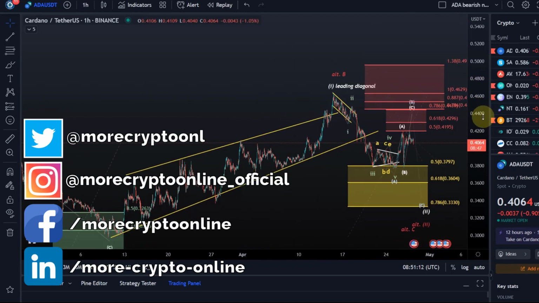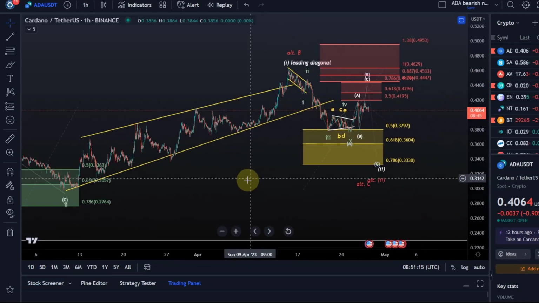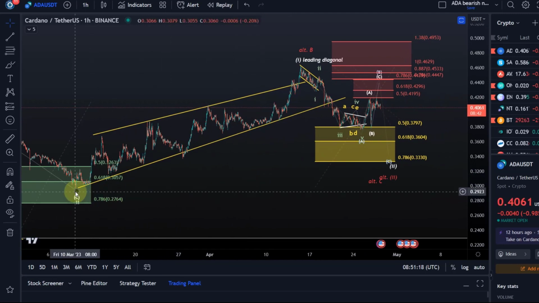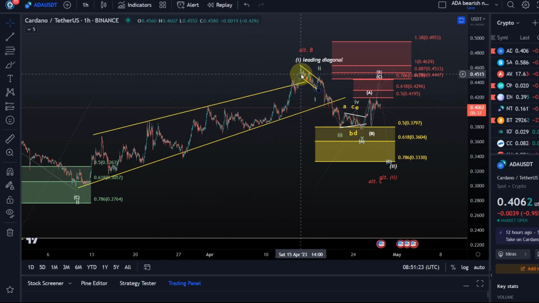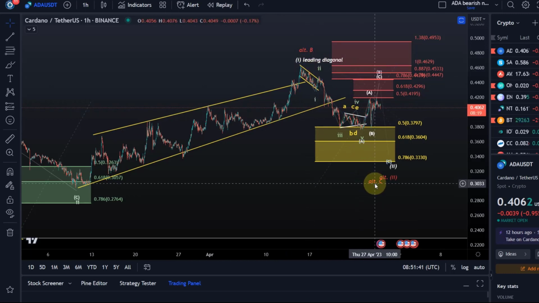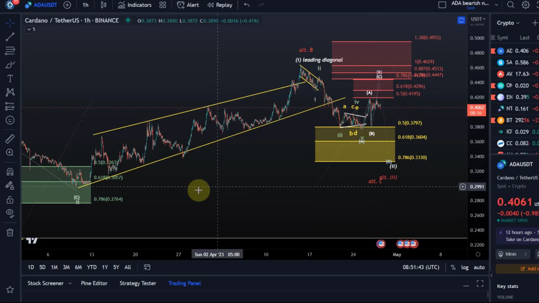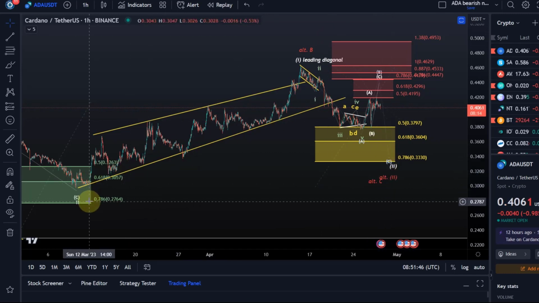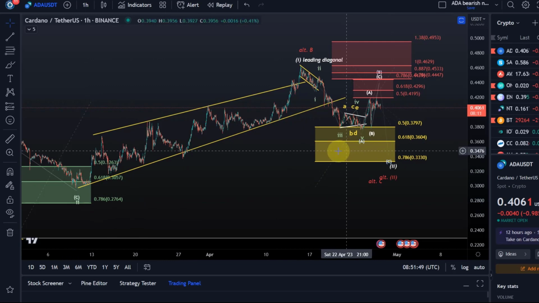First of all, we zoom out a little bit and just take a look at the higher degree assumption. We still see that the move to the upside of the 10th of March low, which peaked on around the 15th of April, can be considered a leading diagonal. It could also be considered a corrective wave, in this case a possible B wave. But if it's a B wave, then we would now be most likely in a C wave to the downside, and it could send us a bit lower. As long as it's holding in this red wave count, the 27.5 cent level, it could still eventually lead to